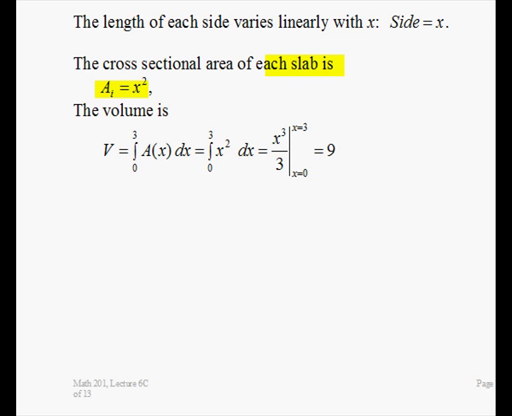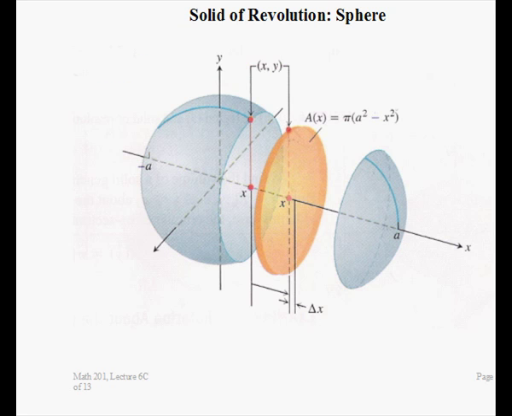You see, carrying out the integration on these is usually fairly trivial for many figures of many solids. The setup is what the problem is. Now we'll do a solid of revolution, in this case a sphere. So here's the sphere. It's varying from minus a to a, has a radius of a. So the question is,